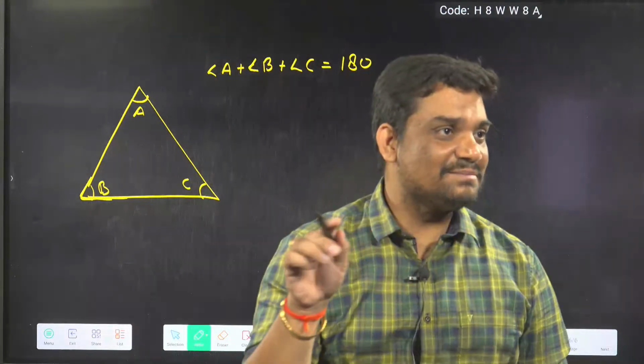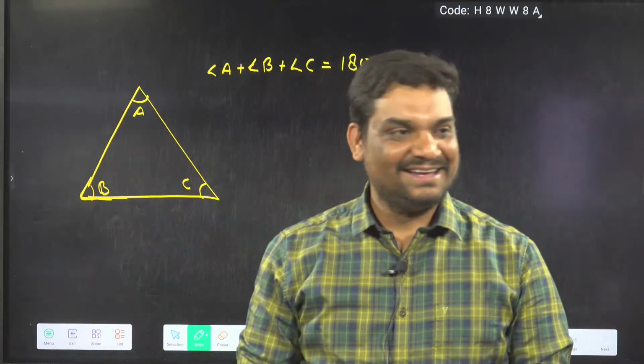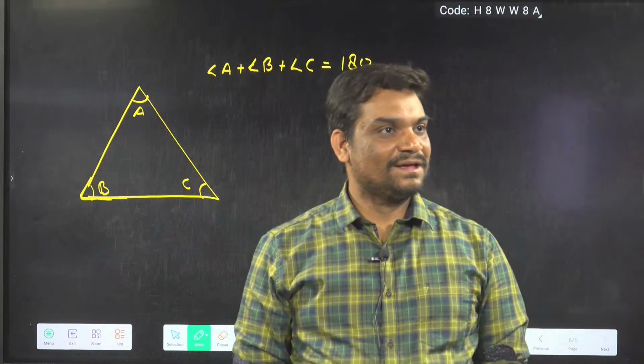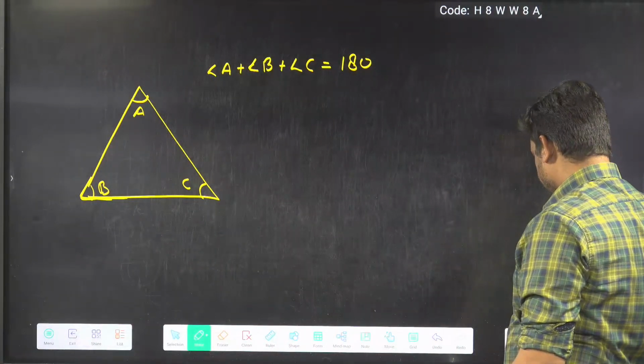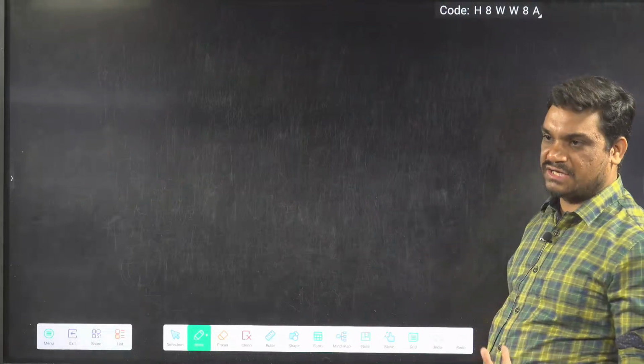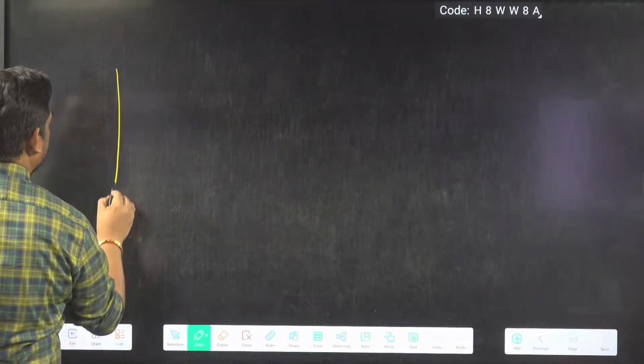So I am putting the angle, but later on I will simply say A plus B plus C, summation should be 180. Can I give one question? Okay. So now I'm going to take questions that we will use actually. Sometimes you will get to know that here in this one,